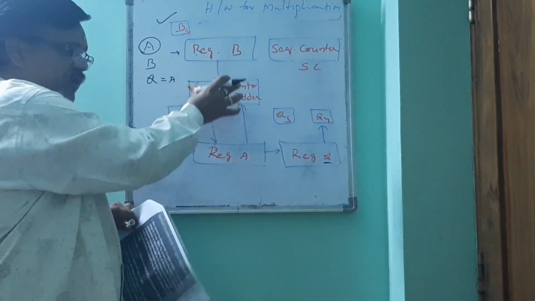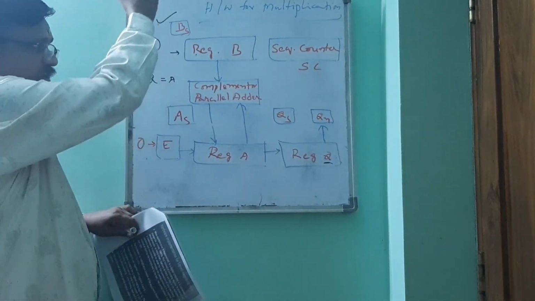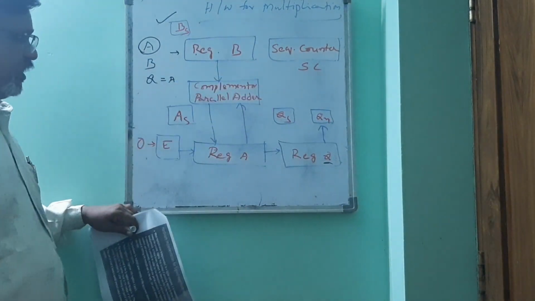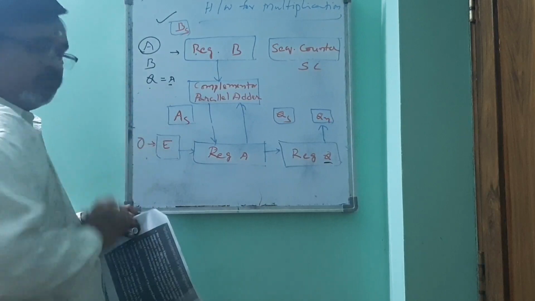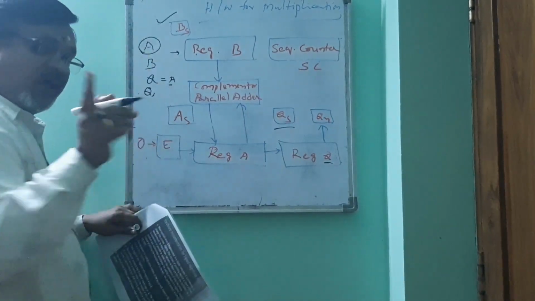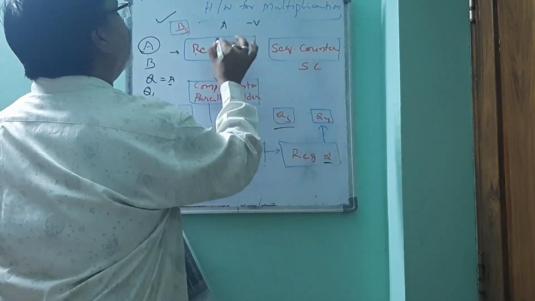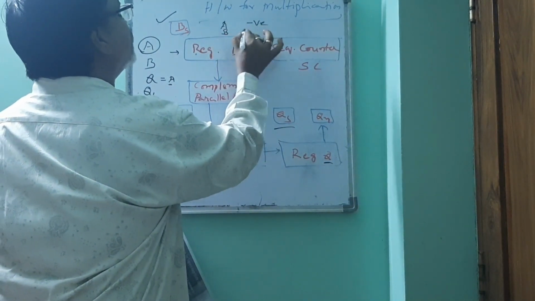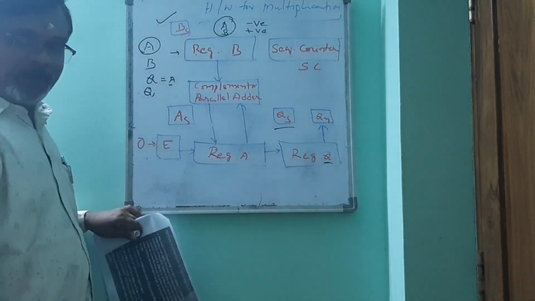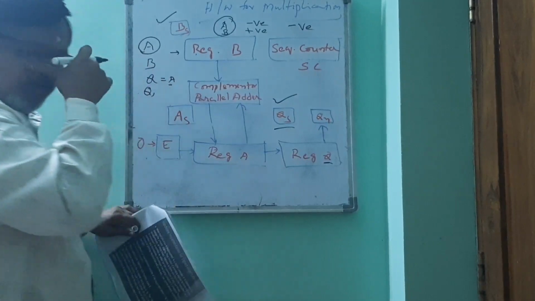In the hardware implementation, I am explaining the purpose of all these registers and sequence counters. But once you go through the flowchart with an example, it will be easy to understand. The value of A will be moved to Q, where QS will contain the resultant sign. Resultant sign means if A is a negative number and B is a positive number, then the multiplication of both A and B must be negative. So that negative sign will be copied into QS at the end.